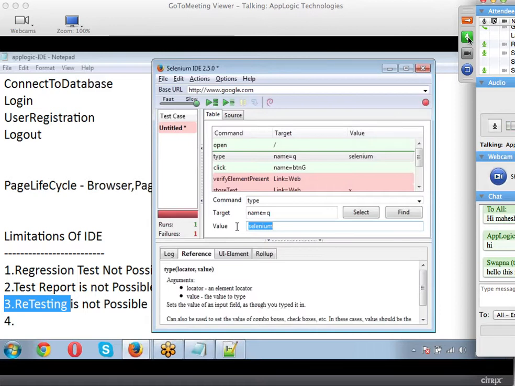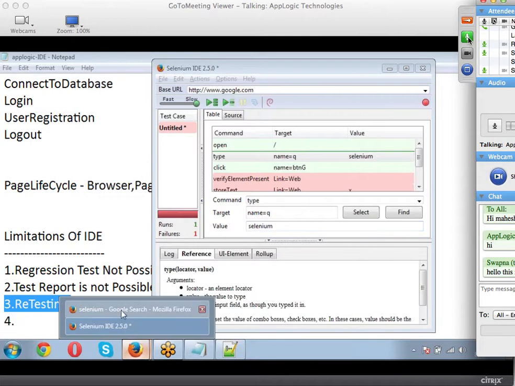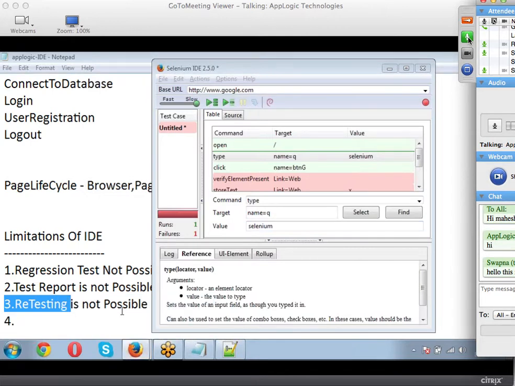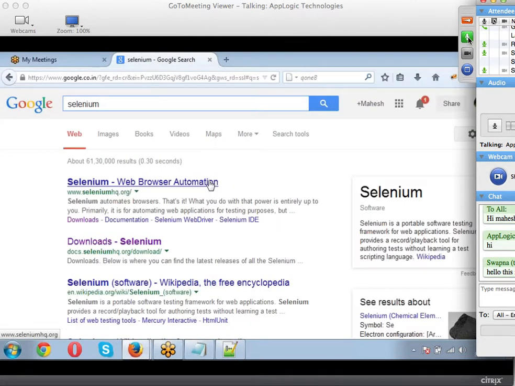Second thing is, if I want to perform some action on any object which I'm not aware of, I'll go back to IDE, record and playback. That's the option that is mostly used in IDE. While recording, it will record the object immediately and give you the object ID. So you need not go back to your file, open Firebug, and identify the object with Firebug.